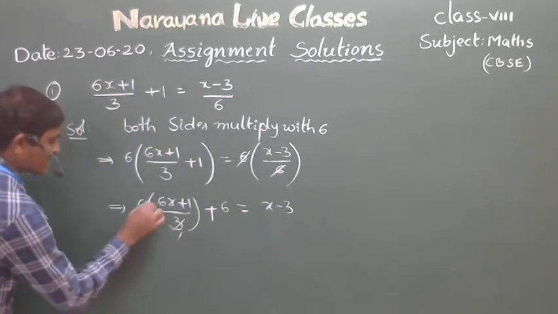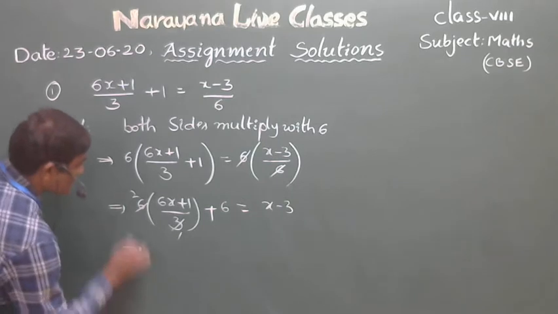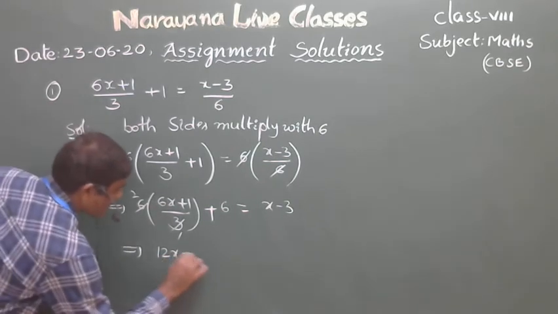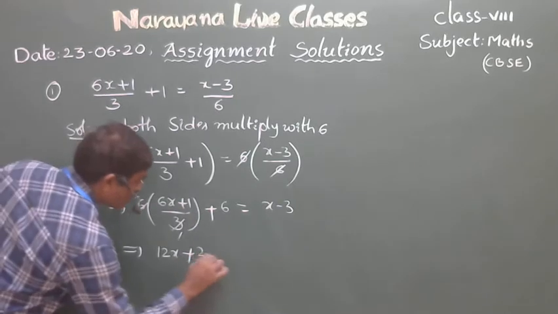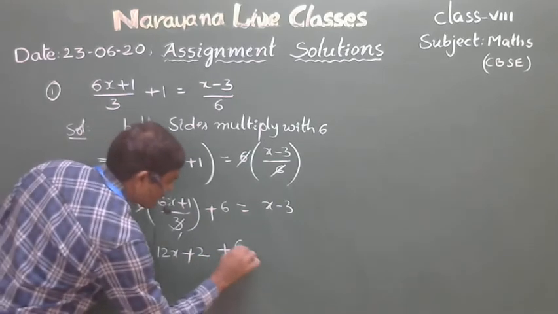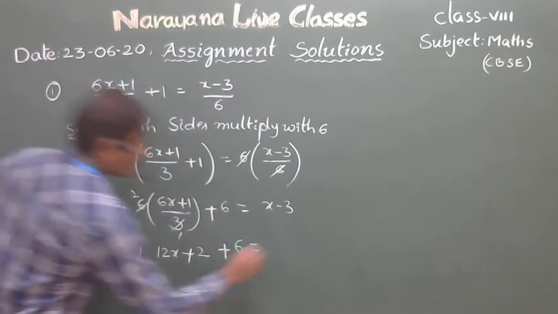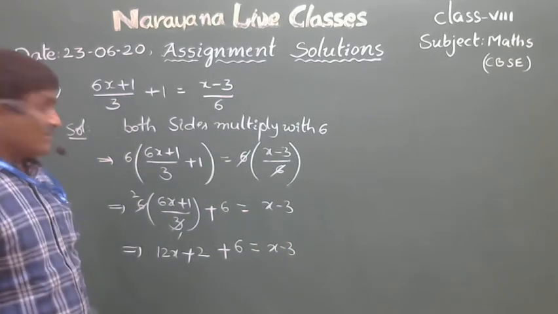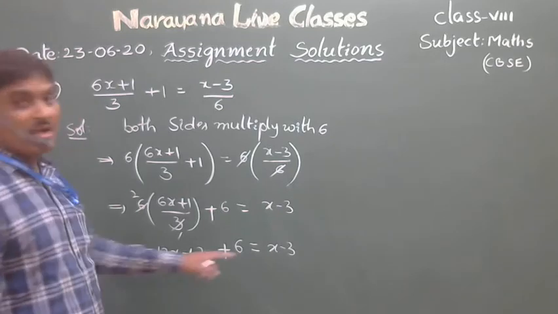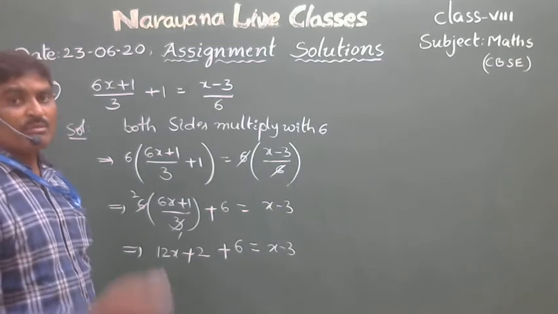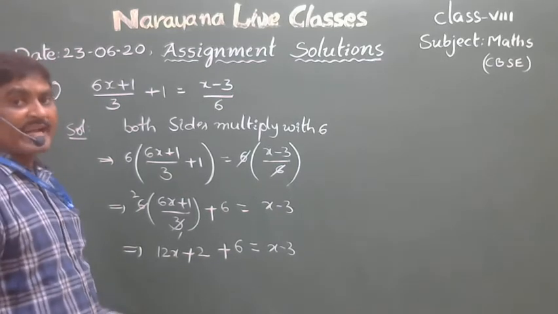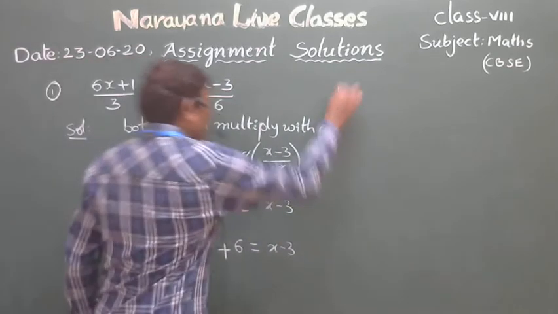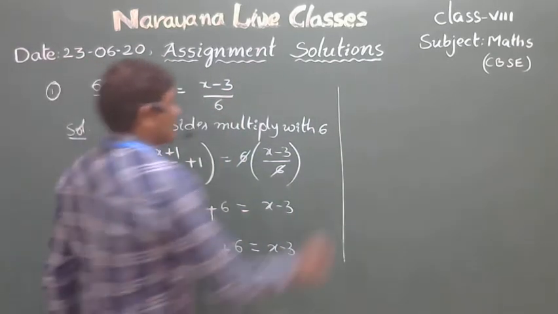Now 3 ones are 3, 3 twos are 6, which gives 2 into 6x, 12x, plus 2 into 1, 2, plus 6 is again here, equal to x minus 3. Like this, the equation has variables on both sides. All the variables are better transformed to one side and the constants to the other side. So here 12x